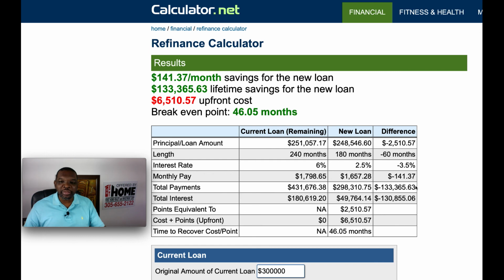And also, you save in your total payment of $133,365. Refinancing is not for everybody. You need to look at your numbers. You need to look at what it is that you're looking for. If you're trying to save in your payment, if you're trying to save in your interest rate, or if you're trying to save on your terms, those are the three key factors that you've got to analyze every time that you refinance. The purpose of this video is to show you if you refinance some property today, you can save